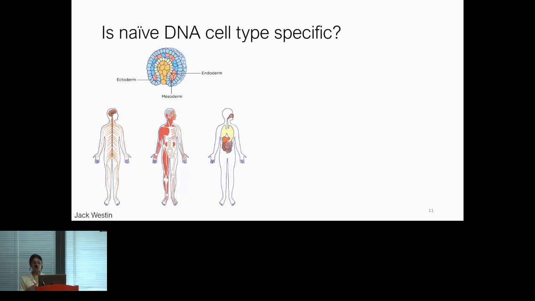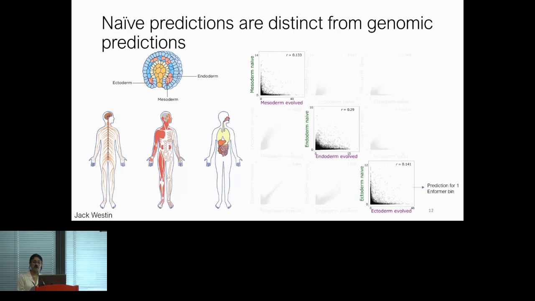And the reason for doing this, the motivation for picking these 3 lineages, is because we know these lineages give rise to vastly different cells of the body, so are very unique from each other. And what I'm showing here is a scatter plot of the Informer predictions. Each dot is a prediction for 1 bin. In the purple, you see those evolved, those genomic sequences,